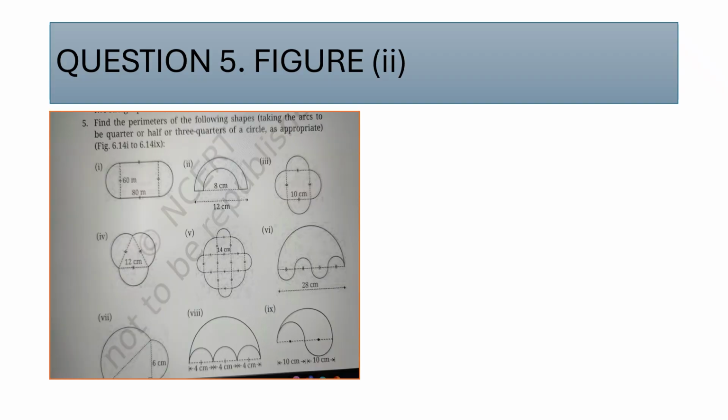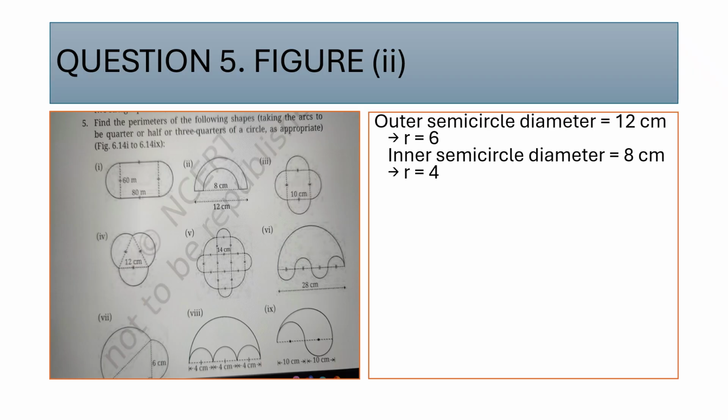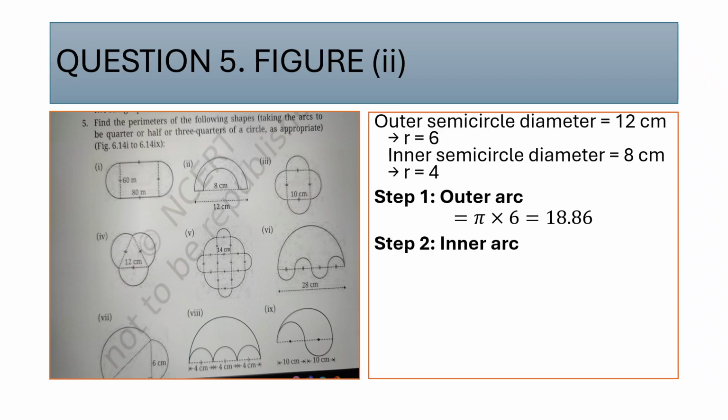Let's understand figure 2. Now, if you look at figure 2, there is an arc there. The diameter is also mentioned. If you see here, we have an outer semicircle with diameter 12 centimeter. So what will be the radius, children? That will be 6. What is the inner semicircle diameter? That is 8 centimeter, which is on the screen. So radius will be 4 centimeter. Now, what is step 1? The outer arc: you have to say pi into 6 centimeter, that is r. So that will give you 18.86. What is the inner arc? Pi into r, that is